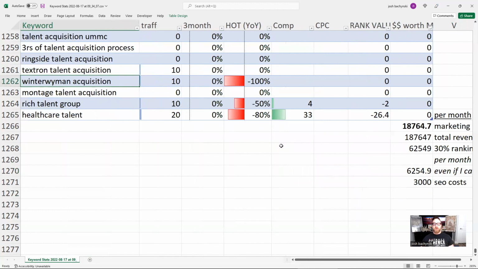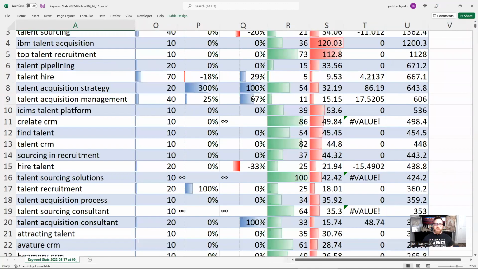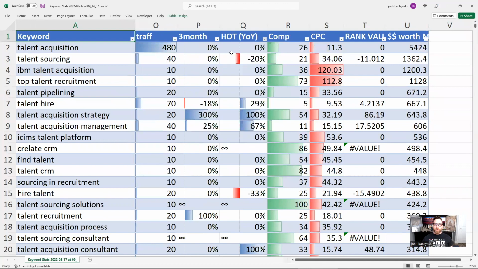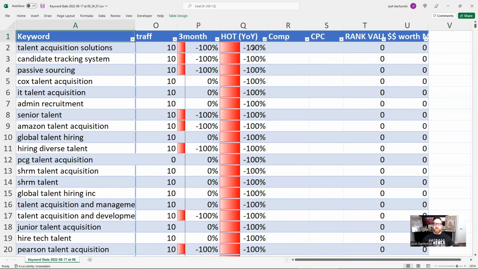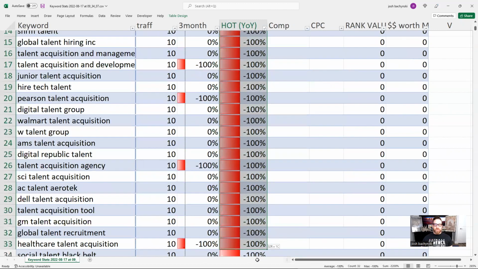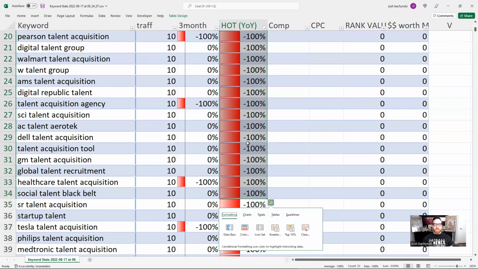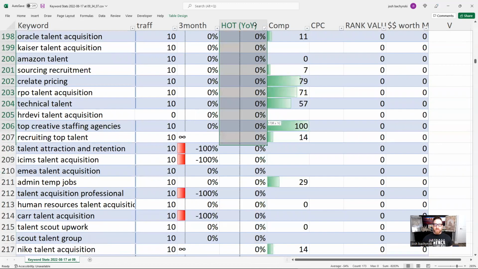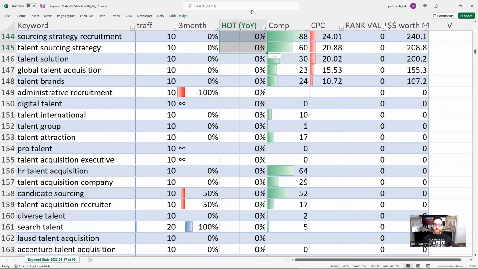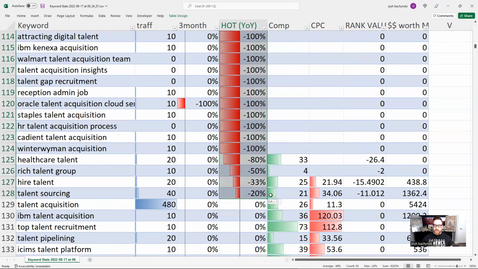And look what I can show them what is not. Also notice you could say, I would stay away from these ones. Like I can go largest to smallest, but I can also go smallest to largest and say, look, this is all down. Talent acquisition systems, candidate tracking system. This is way down from last year. If this is the kind of stuff they want to rank for, the answer is probably no. There's no money behind this. This is all down. This is not hot. There's no money behind all this stuff here that you said you wanted to rank for.